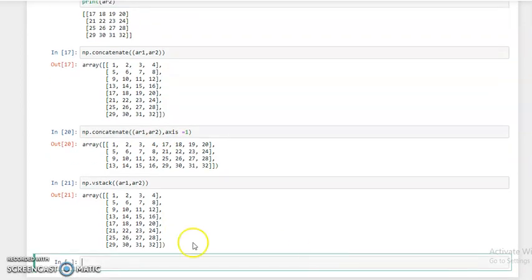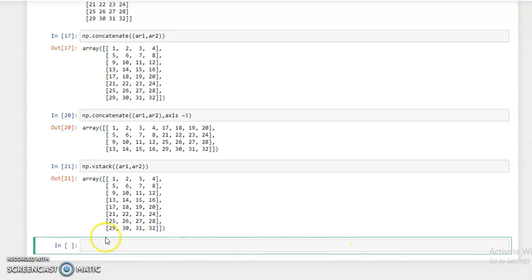Okay, so that concatenates column wise, and if we want to concatenate row wise, we have another function, hstack, np dot hstack, and pass array 1 comma array 2, and run.